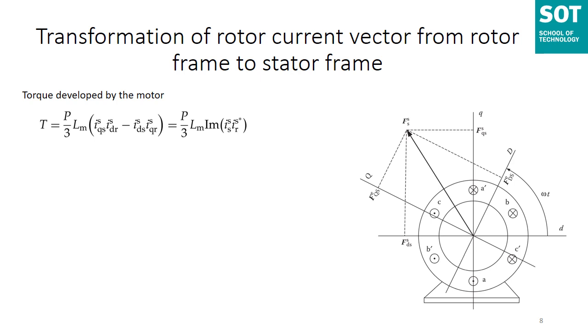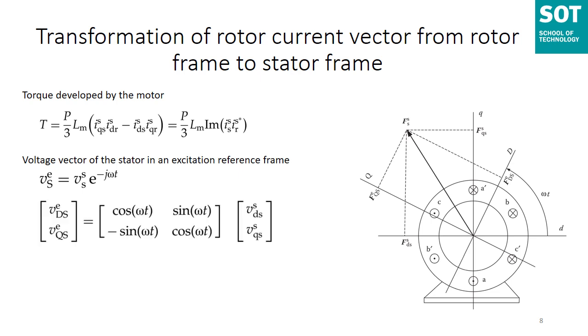Now again we have to start. First we will represent the voltage vector. We can represent the voltage vector like this. As you can see, it is going at an angle of omega t. Now, you know that e to the power of j omega t is equal to cos omega t plus j sin omega t, and I can use this to represent the d axis and q axis transformation